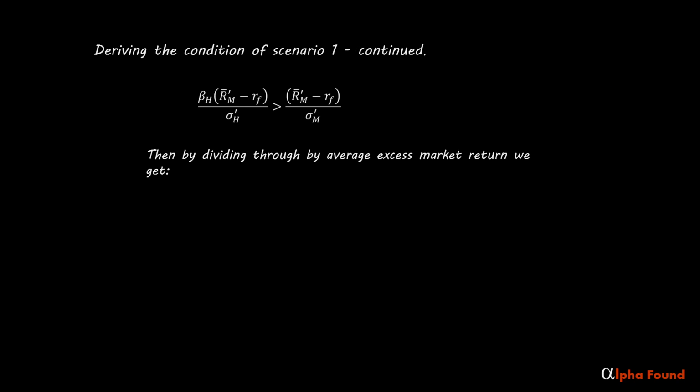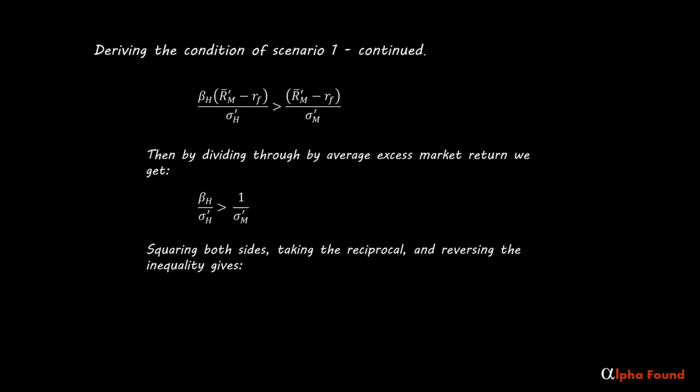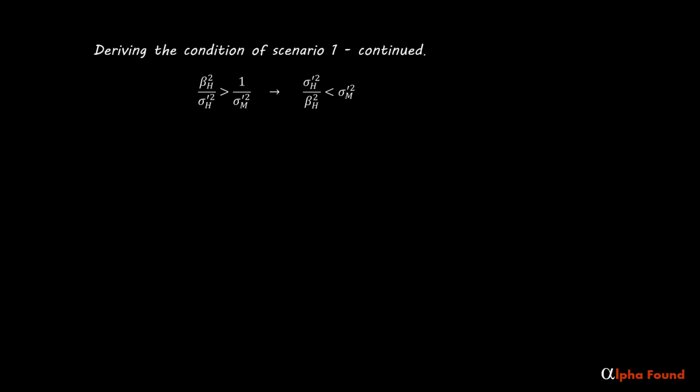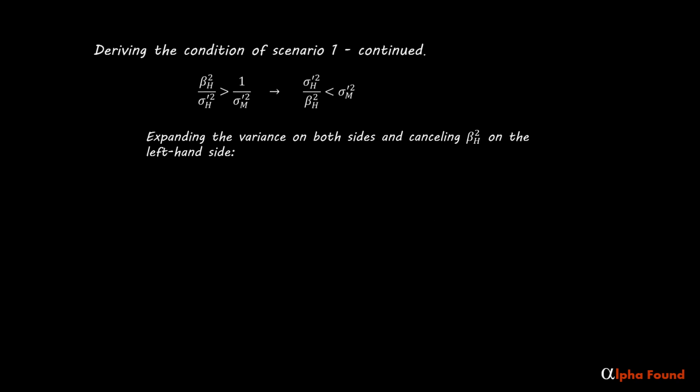Then, by dividing through by average excess market return, we get this. Squaring both sides, taking the reciprocal, and reversing the inequality gives this. Then by expanding the variance on both sides and canceling the ideal high beta squared on the left-hand side,